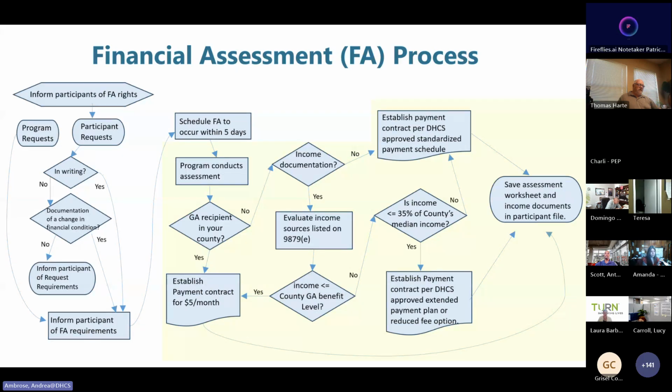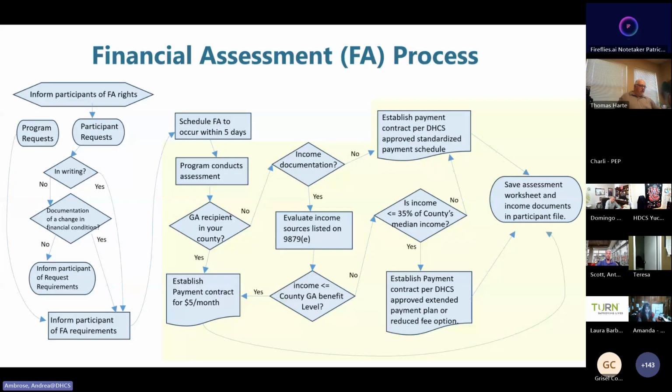So last time we started at the beginning and went through participants' rights for a financial assessment. We covered what it looks like for a participant to request that assessment, what kind of documentation is required for that, how you, the programs, need to inform participants of the requirements, and that you have to schedule those assessments within 5 days.